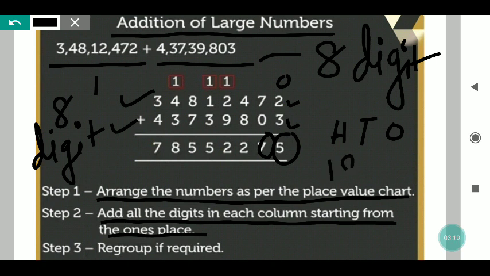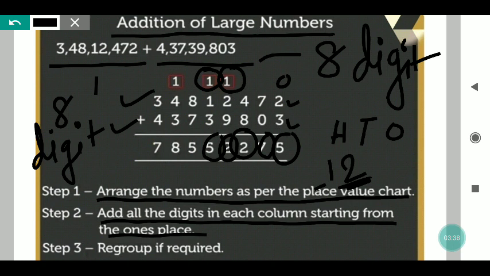So this is a 2 digit number. What will you do? Will we write both the digits? No. The second digit we will write here. The first digit we have taken as carry. That we will add in the next one. 9 plus 2, 11, plus 1 again 12. So 2 we are writing and 1 we are taking as carry again. Now 3 plus 1, 4, plus 1, 5.